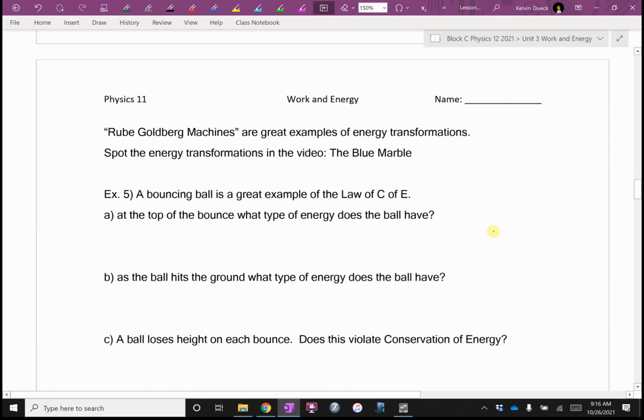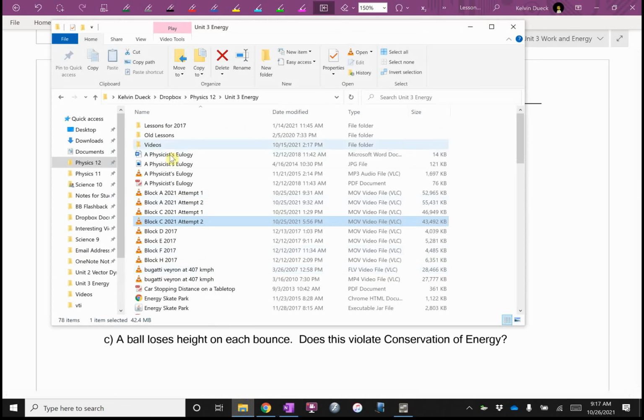Rube Goldberg machines are great examples of energy transformations. So Rube Goldberg, I think I mentioned this to you a few days ago, was a cartoonist, I think for the Saturday Evening Post, and he loved drawing very elaborate chain reaction contraptions to do very, very simple tasks. And so, for example, we might have, I don't know,